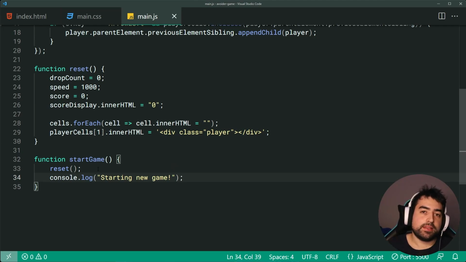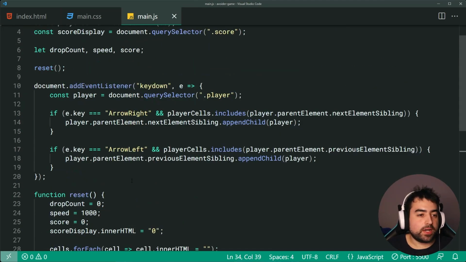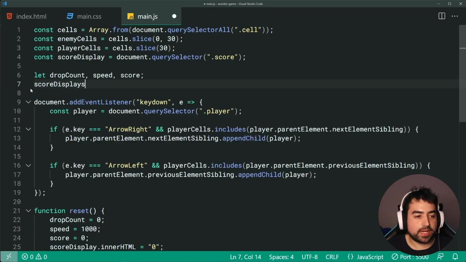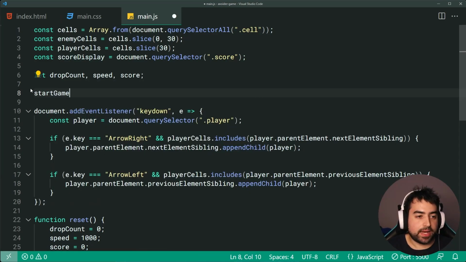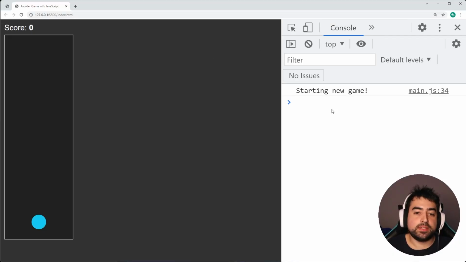Okay, then if I go up here, I can now call the start game function. Go back in the browser, we can see in the console, we see starting new game, and all of our stuff is going to display a 0 score in the center and so on. But the problem is, we don't want the game to